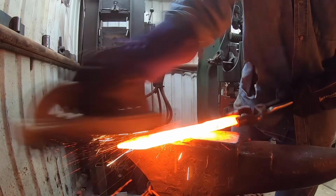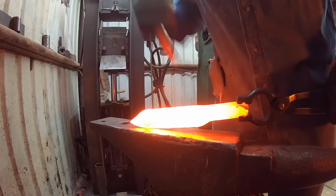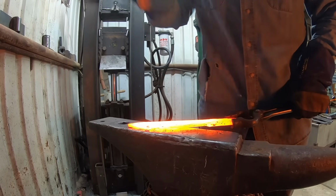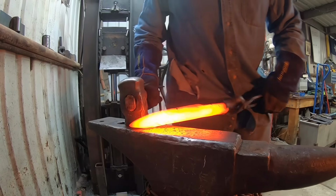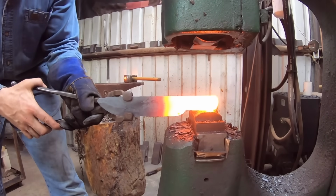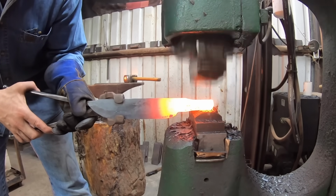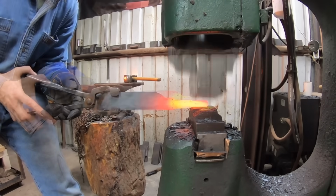Blade shape's coming along, brushing off the residual flux here on the blade and continue on the profile here. I'm hoping that everything is centered up. Generally speaking, if you do everything consistently, you don't really have to worry about where that center steel is if you forge everything. You don't have to forge side to side. As you're forging the steel, everything's going to compress on either side more or less equally between the hammer and the anvil, but then you do have to straighten things up to make sure everything is centered on the finished